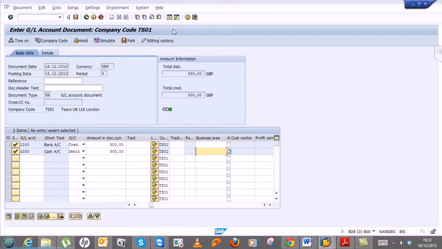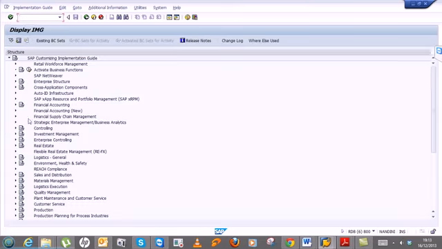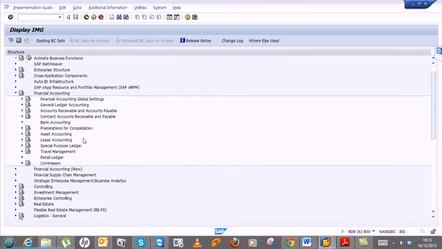Now in order, that's the business scenario I have told, but there can be other functions as well. For example, you can change the preference, document header text, whatever you like, you can validate the data. But my scenario is that business scenario area, I'm going to validate a certain business area to post with the cash account. Okay, so I will go to the SPRO, SAP reference IMG, click on financial accounting, click on account,